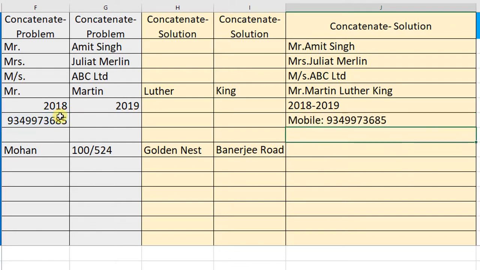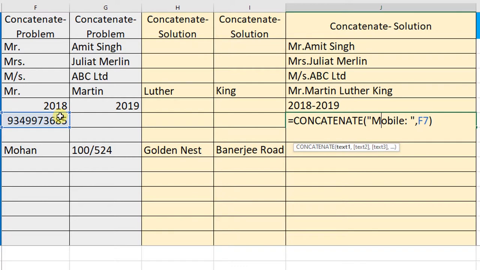Select the data. Mobile, it is taken. If I want to change Mobile to WhatsApp, it is easy.